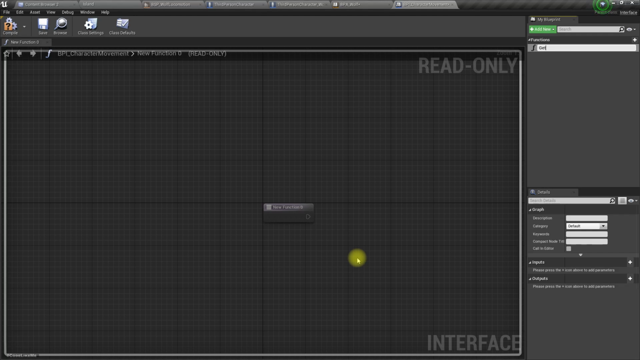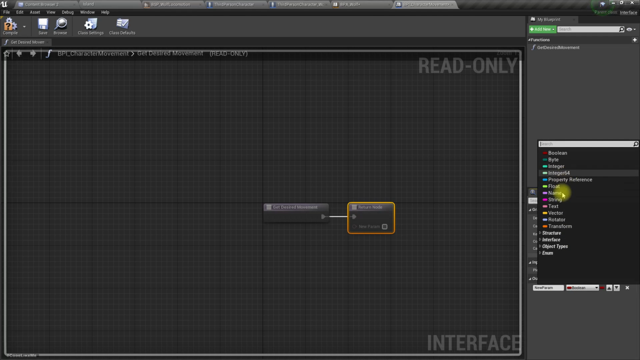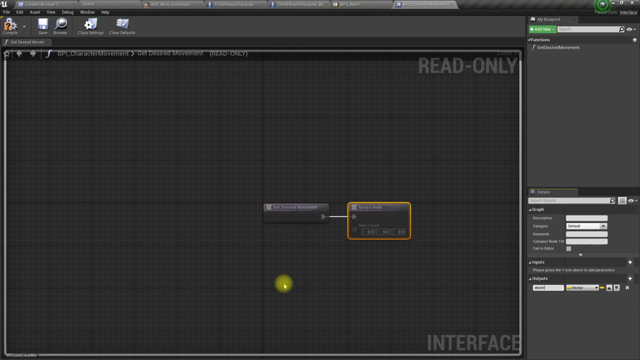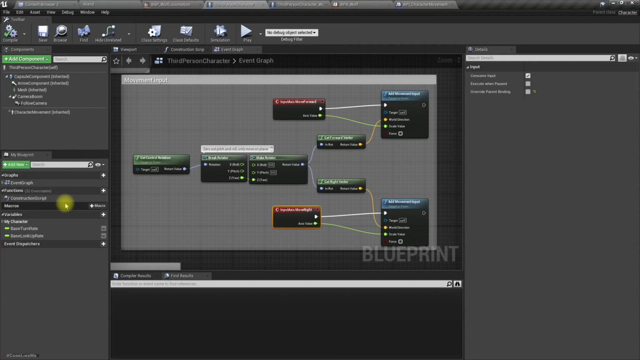and then I'll define a new function, get desired movement direction. Okay, well, instead of movement direction, let's just call it get desired movement, and let's output a vector, desired movement, right, and compile this. And in the third person character, the base third person character,